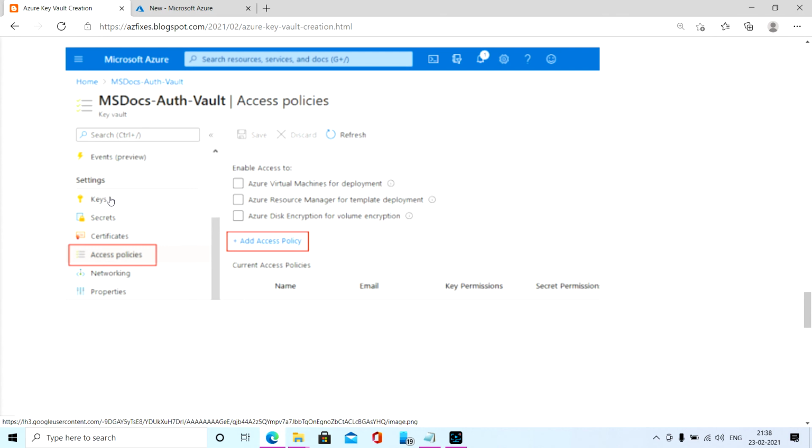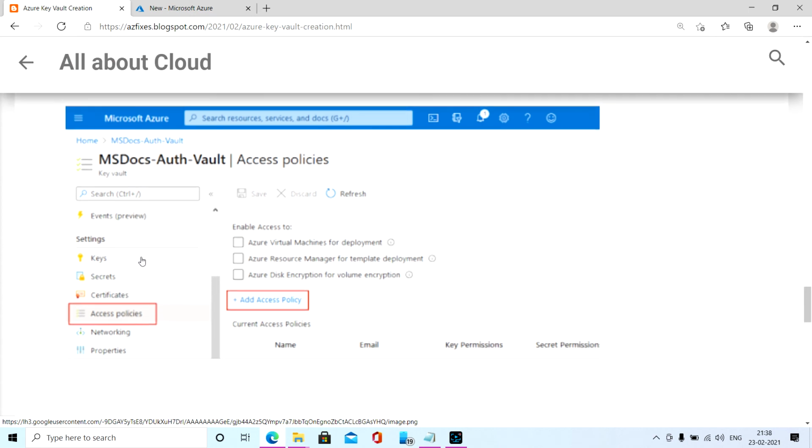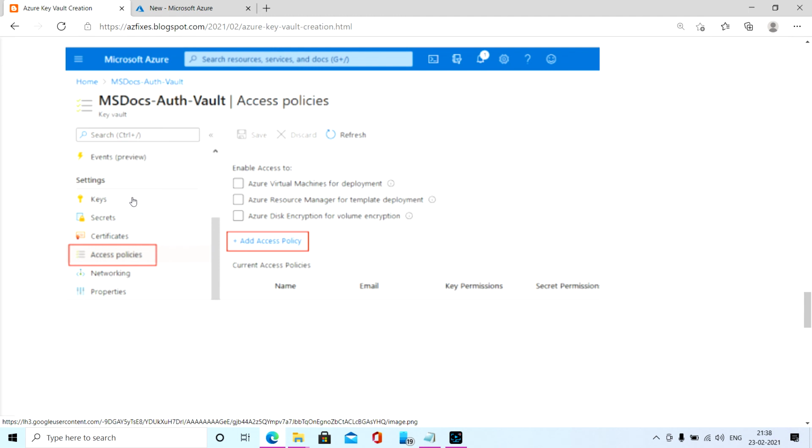Make sure, if you don't have access in the access policy, you will never be able to see the key in this key vault. So whenever you are not able to see the key in this key vault, make sure you verify that you have access to it.